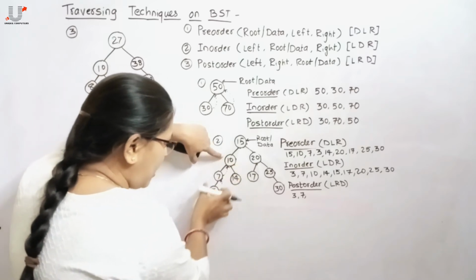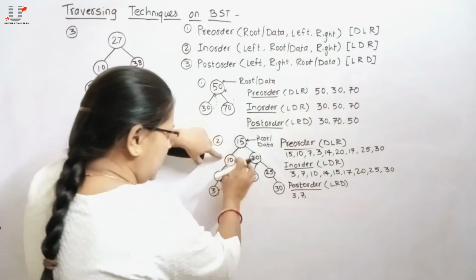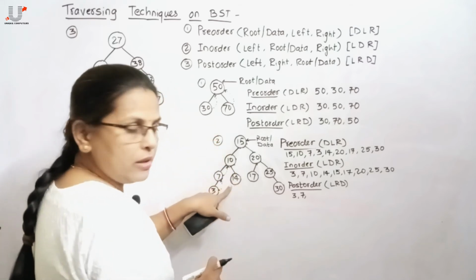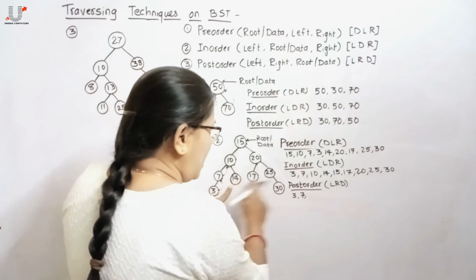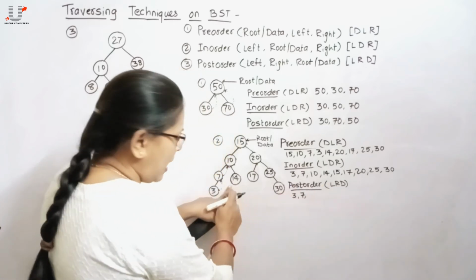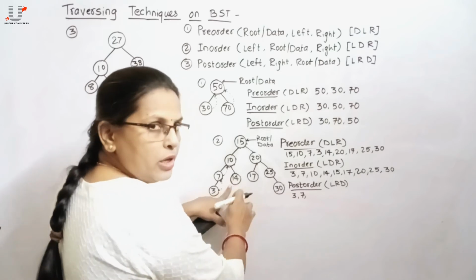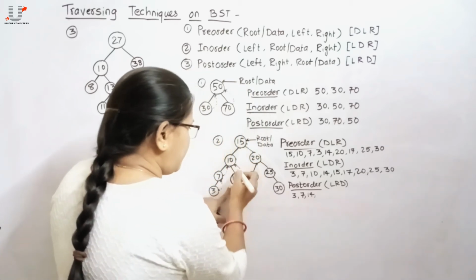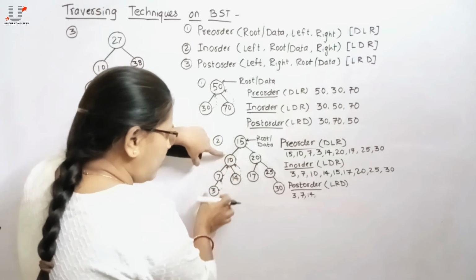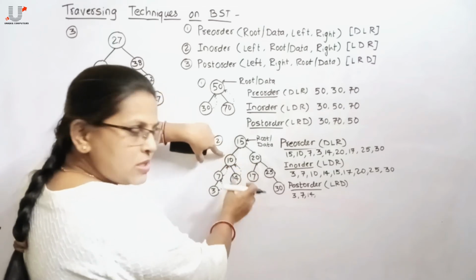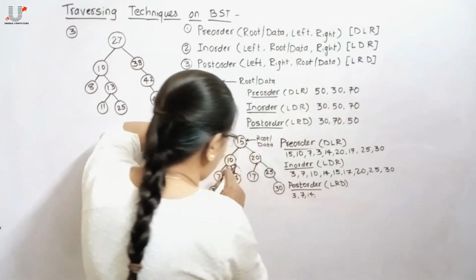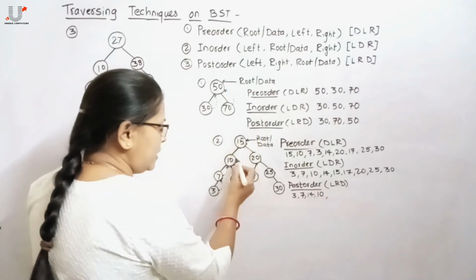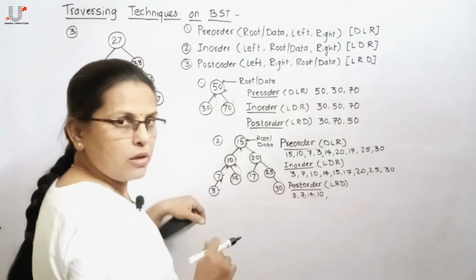For this 10, as left has already been processed, the control will transfer to the right subtree for this 10. So the control will move to 14. Then again apply LRD for this 14. As it doesn't have any left and right subtree, 14 itself, that means data, gets displayed. Then backtrack to its parent. For this 10, as left has been processed and right subtree has been processed, process the root itself, that means the parent for 7 and 14. So 10 gets displayed.